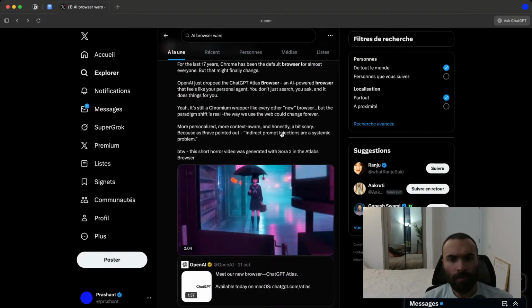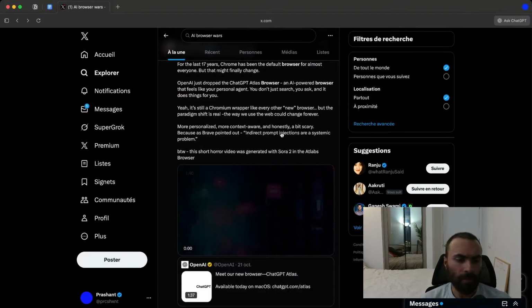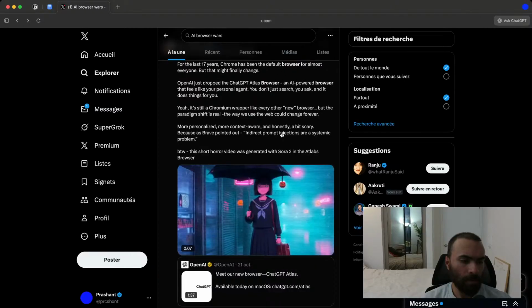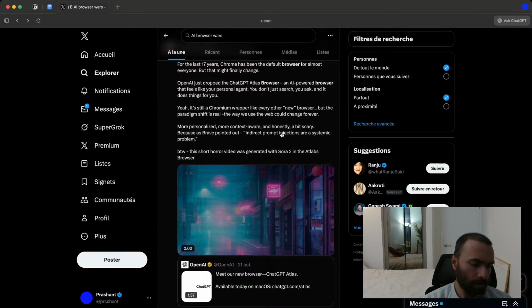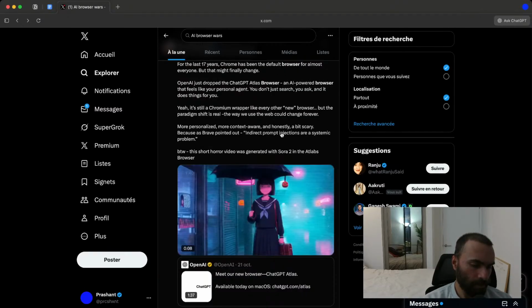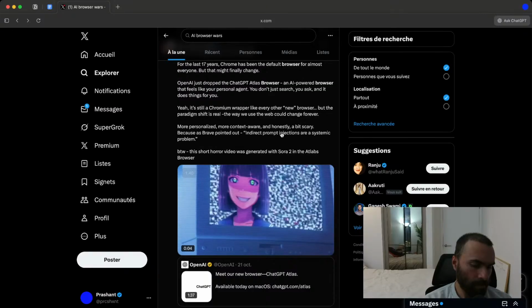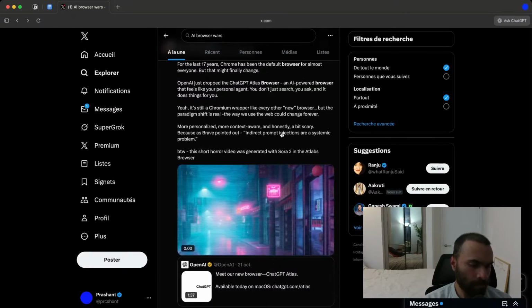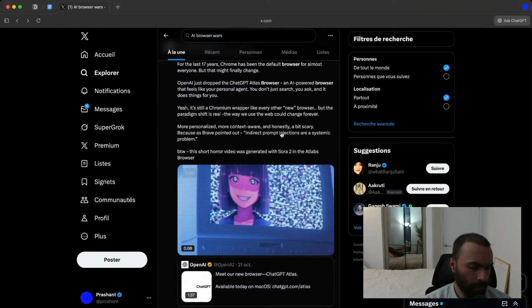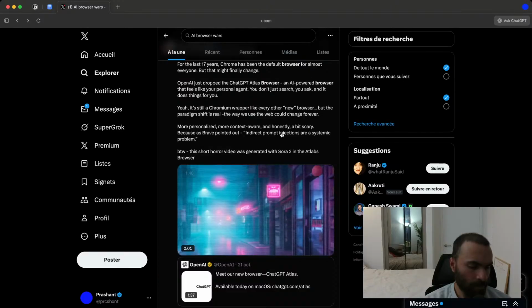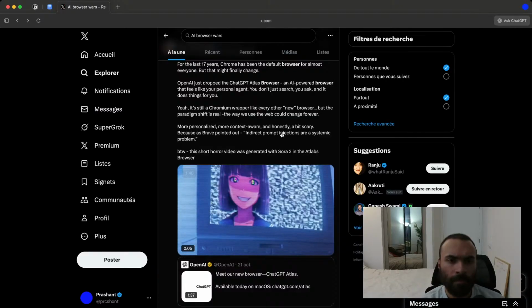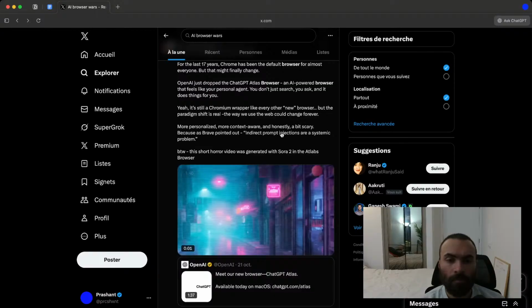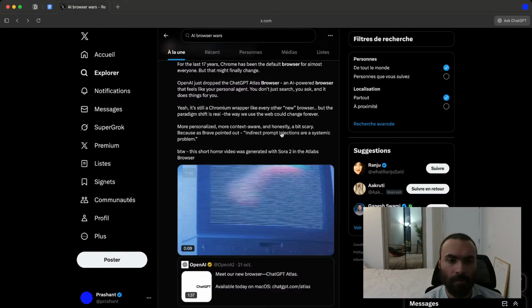More personalized, more context aware, honestly a bit scary because, as Brave pointed out, indirect prompt injections are a systematic problem.